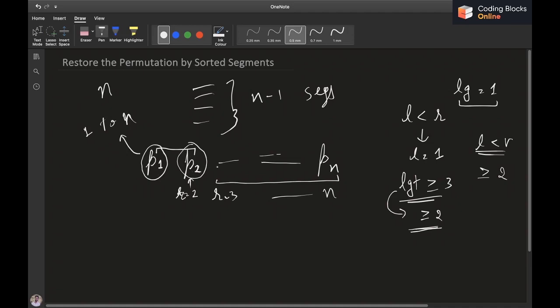Now similarly, if we delete p2 from all of the remaining segments, we'll have exactly one segment that has length 1, which is the one corresponding to r equals 3, and this is basically going to repeat itself.